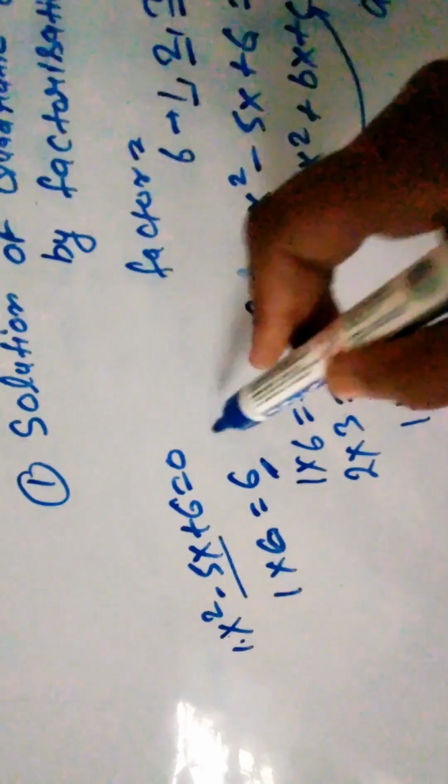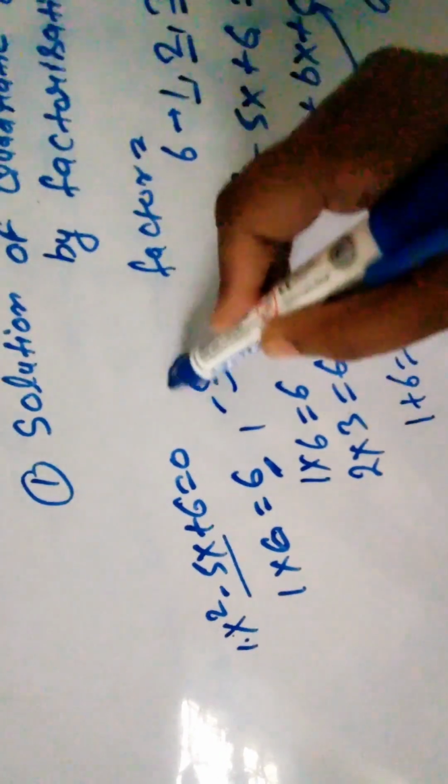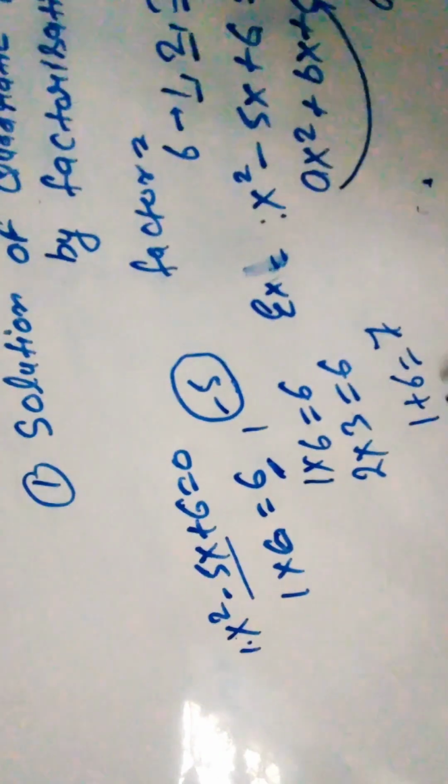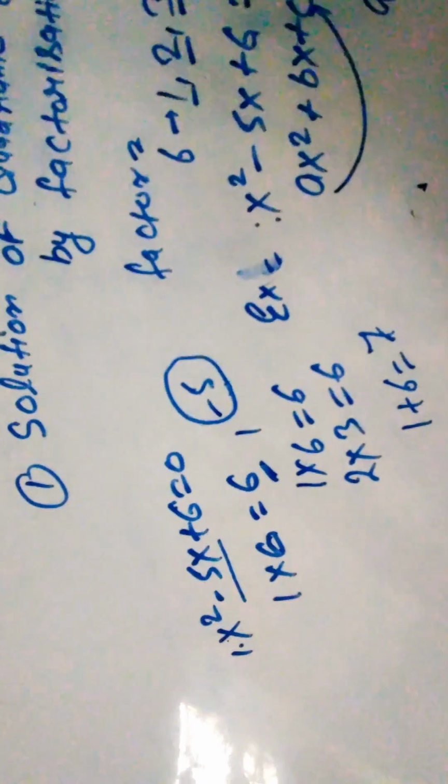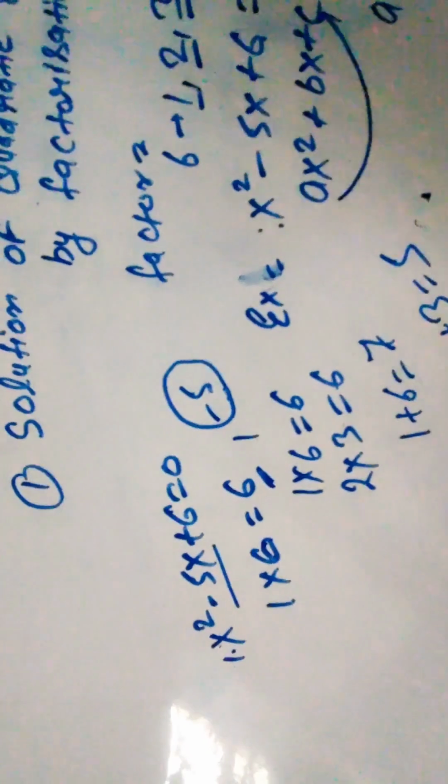But I need only negative 5. If you add 1 plus 6, it comes to 7. Then again, 2 plus 3 comes to 5. Then here